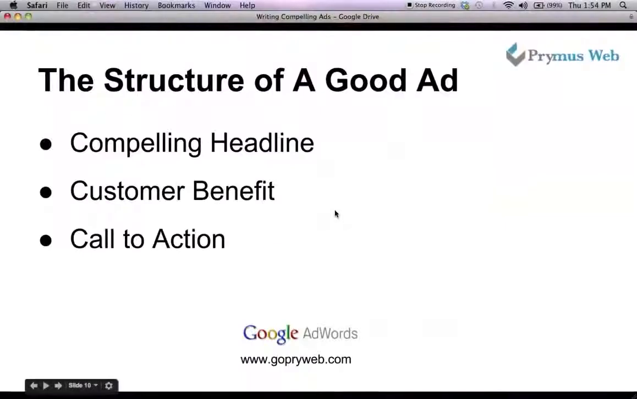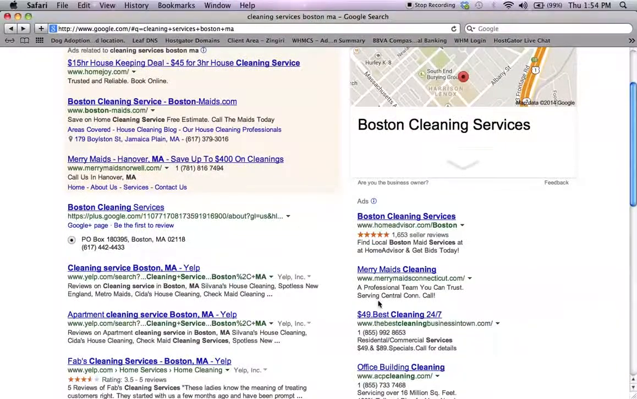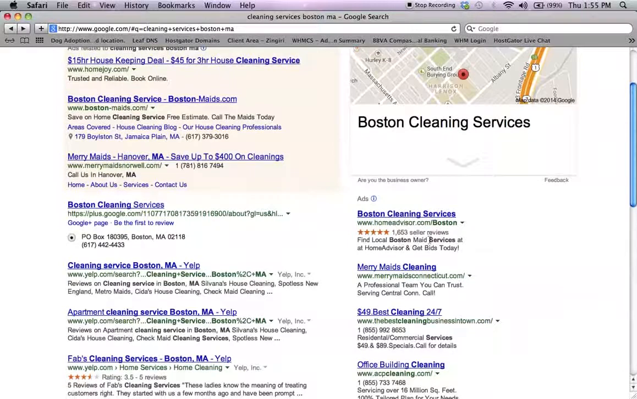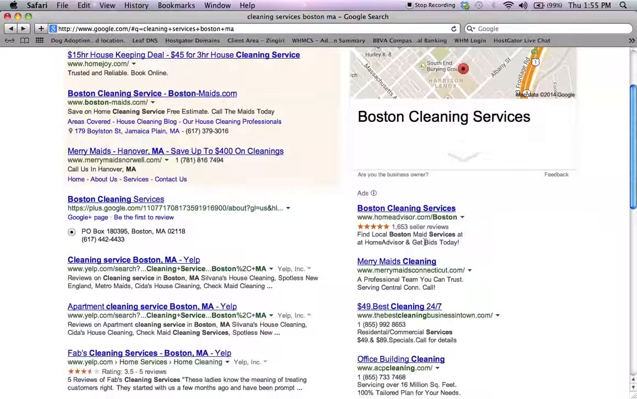Does it have a compelling headline? Not really, but it's fine because you'll get it. Hey, Boston Cleaning Services. So yeah, that'll do. It's not compelling, but it's not a terrible headline. Find local Boston made services at Home Advisor. Okay. So this is more informational and